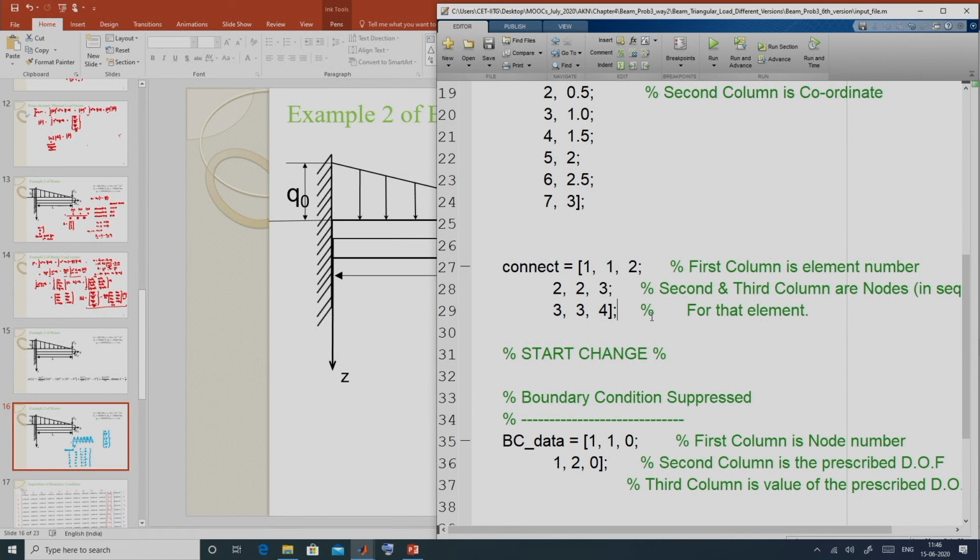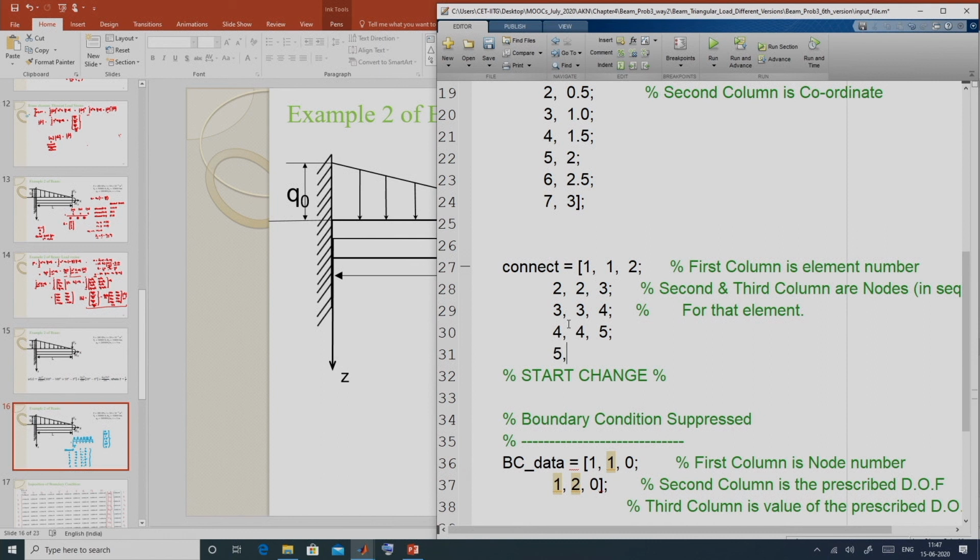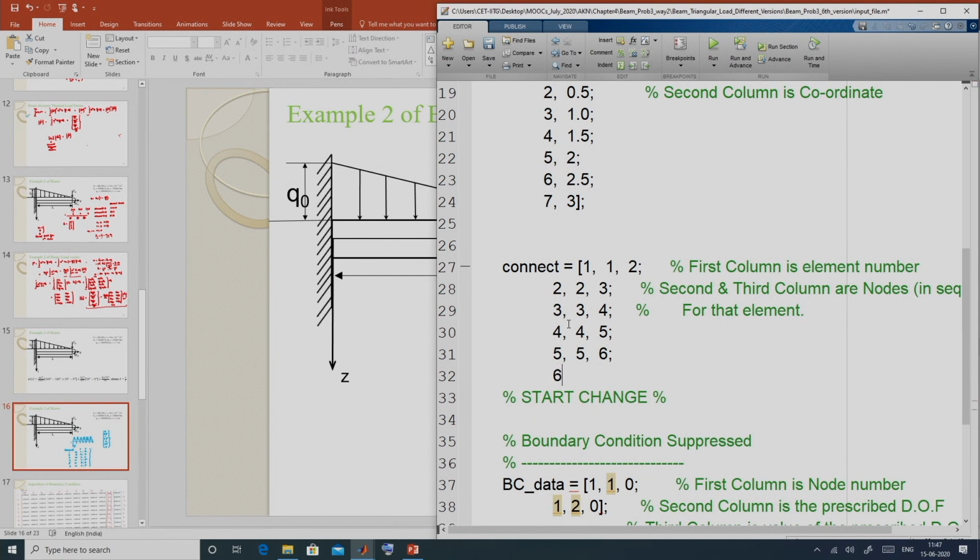So, first 3 elements, then the fourth element is 4, 5, fifth element, 5 is the first node, 6 is the second node, and for the sixth element, first node is 6, second node is 7.